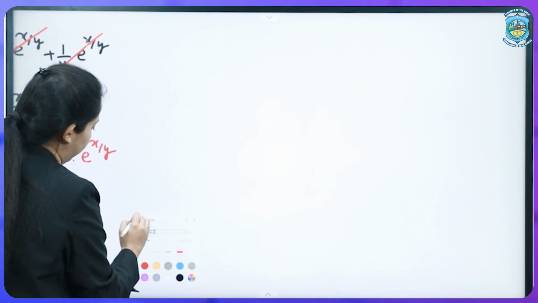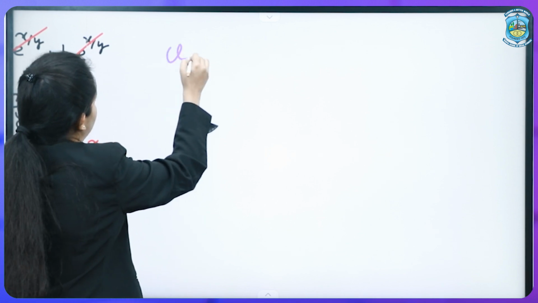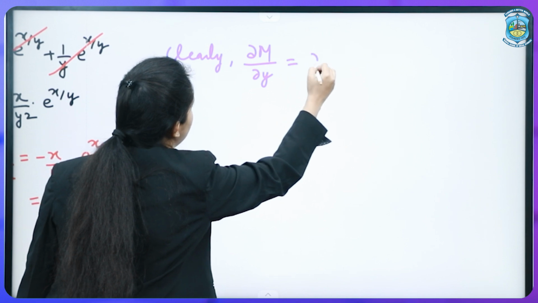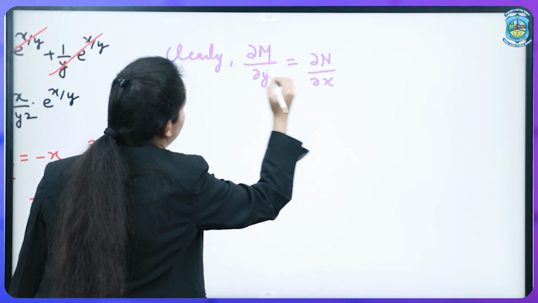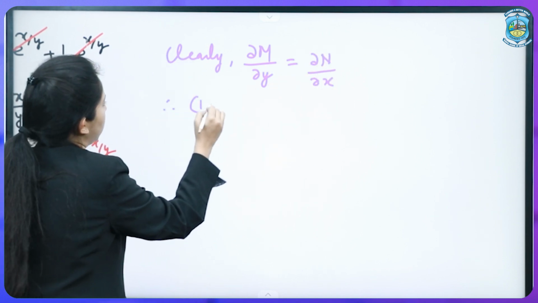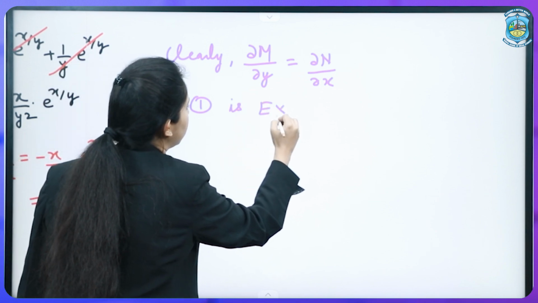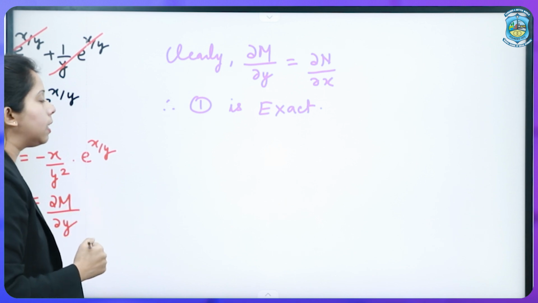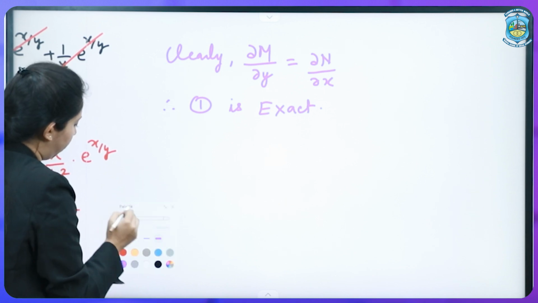So we can write clearly, we can see that del m by del y is equal to del n by del x. So this implies that equation 1 is exact differential equation. Now the last step is to find the solution of this exact differential equation. So we have a formula for this,